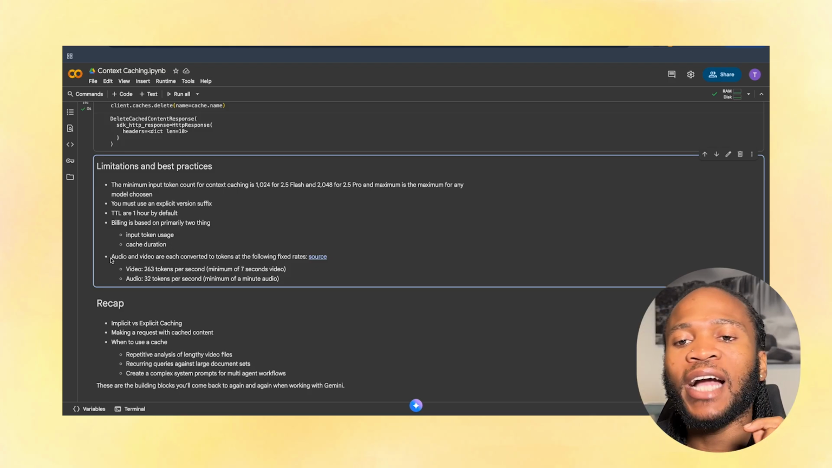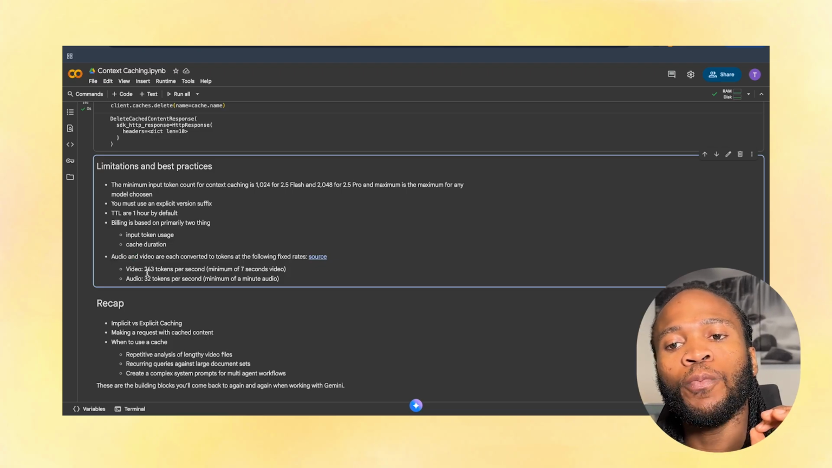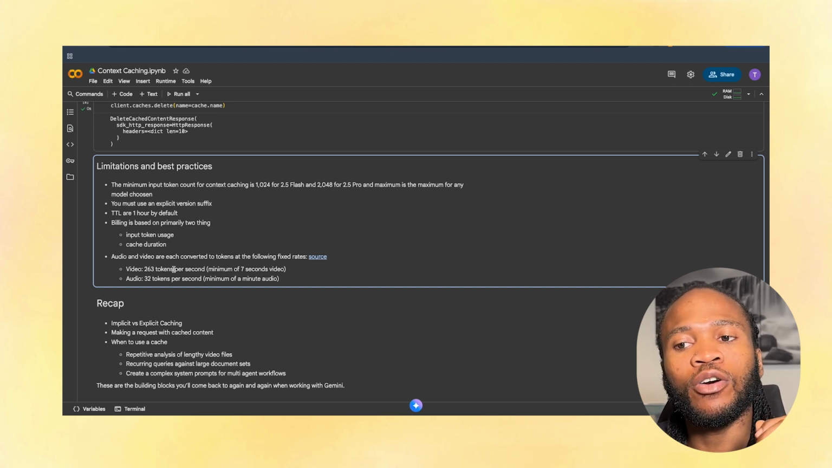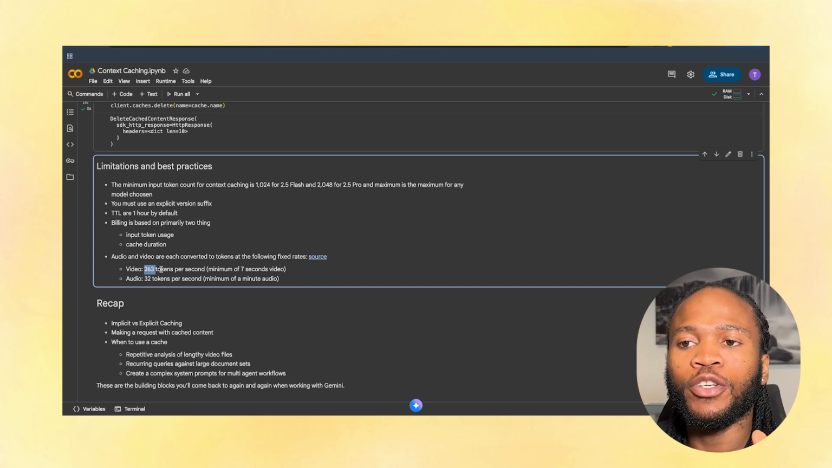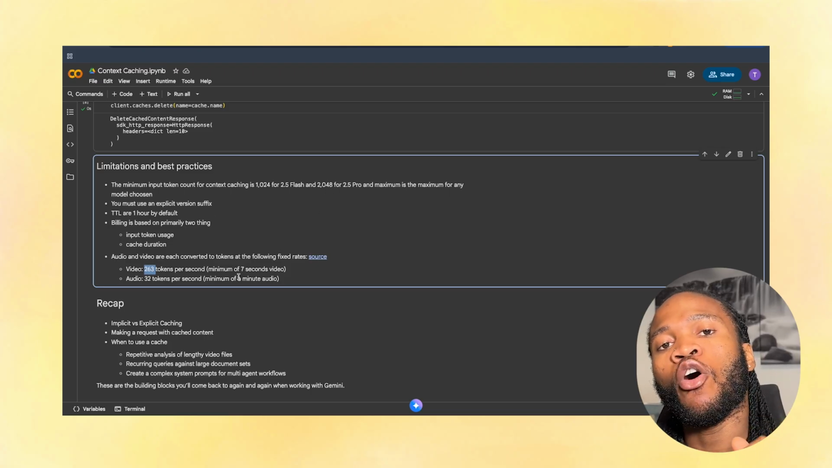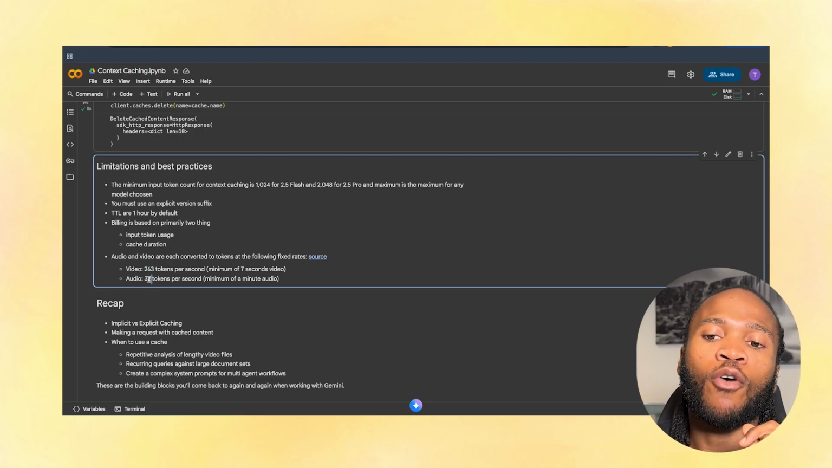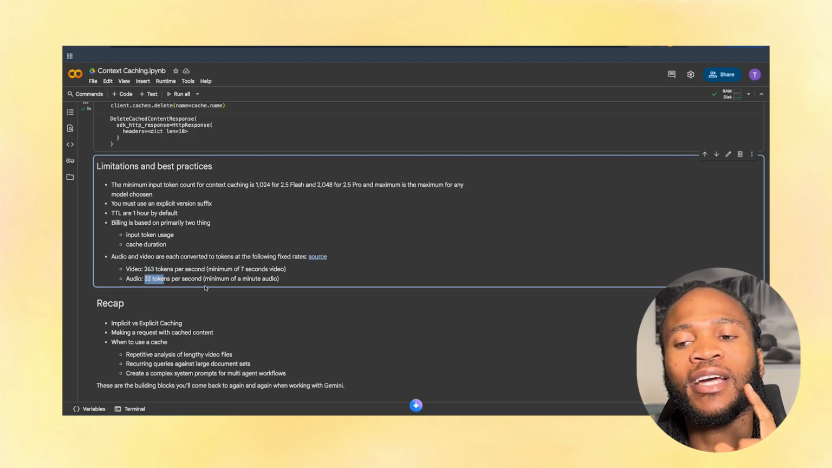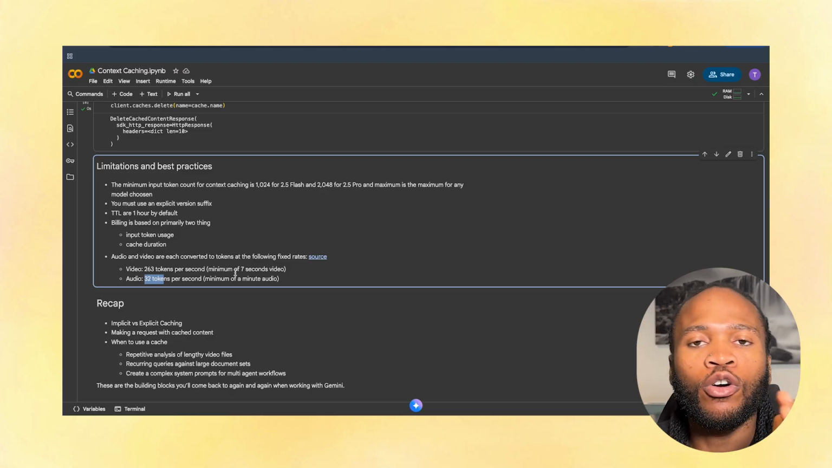And here I just give you some general information that for every video file you upload, there are about 263 tokens per second, meaning that if you're using any of these models, the minimum time of any video file that you could cache is about 7 seconds, and for audio it is about 32 tokens per second, meaning that you need at least a minute of audio data